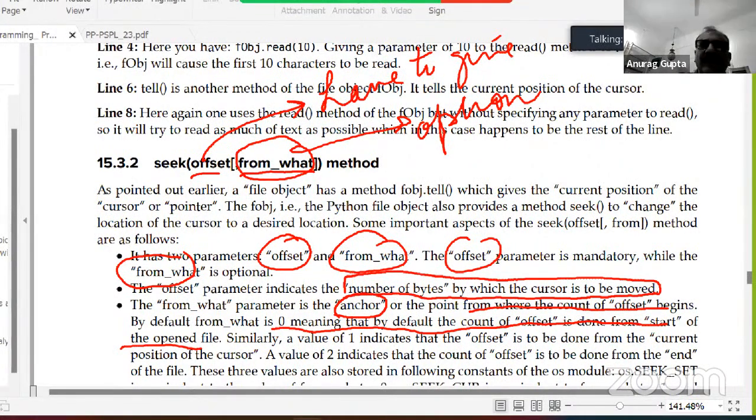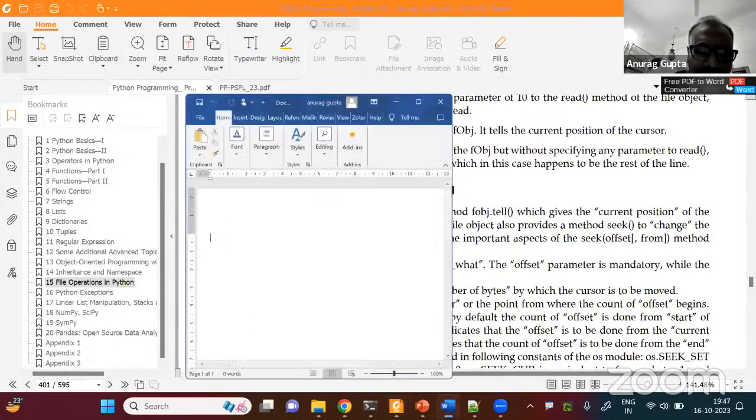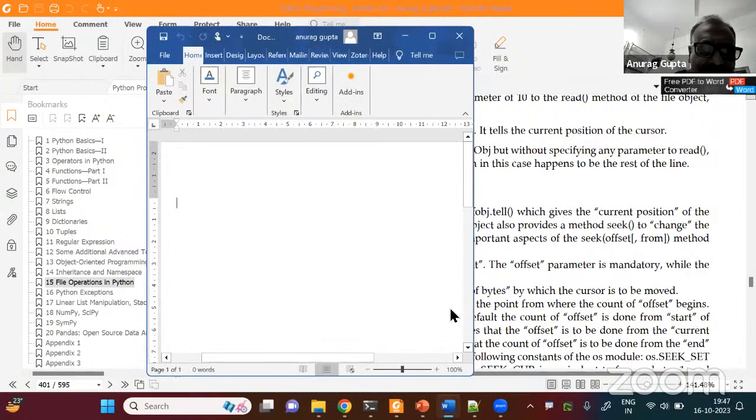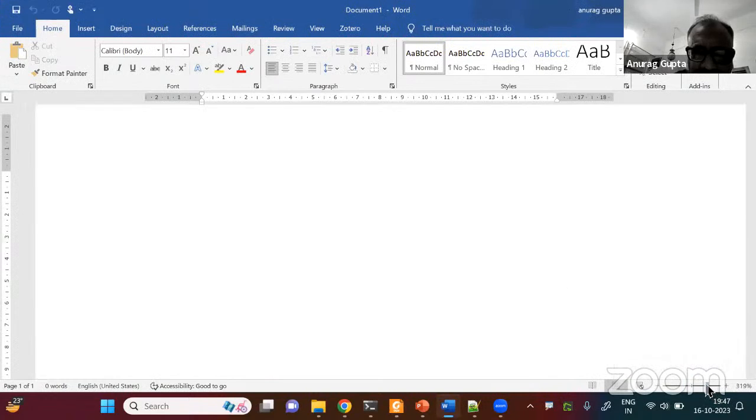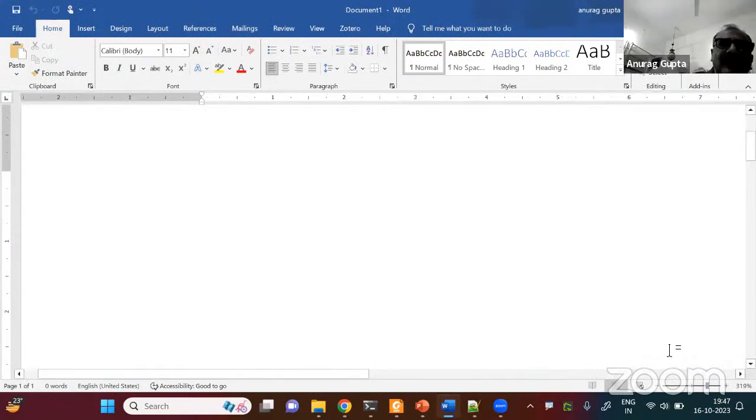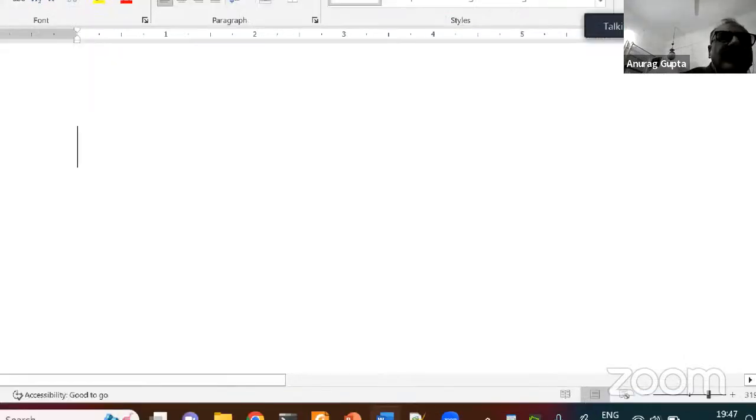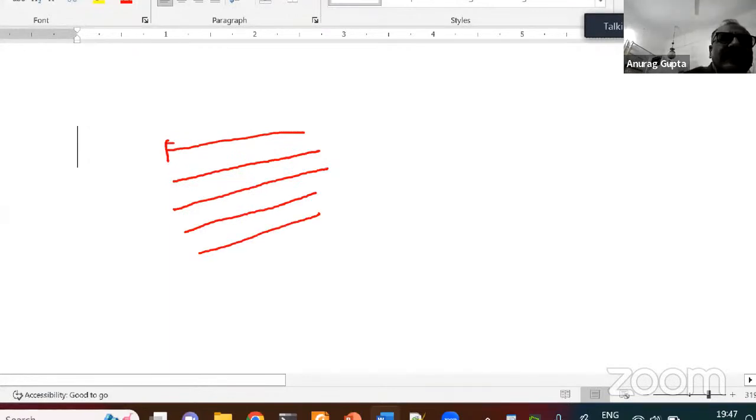Let me again try to explain this to you. Suppose you have a file with a number of lines of script in a text file, consisting of characters.